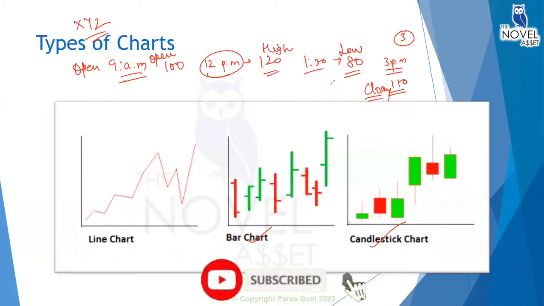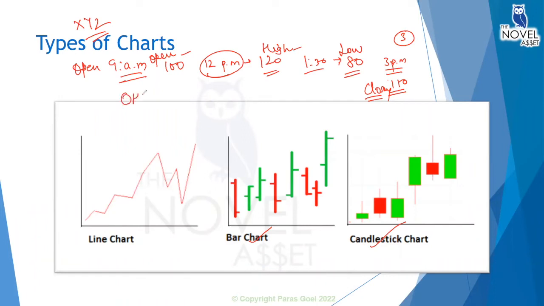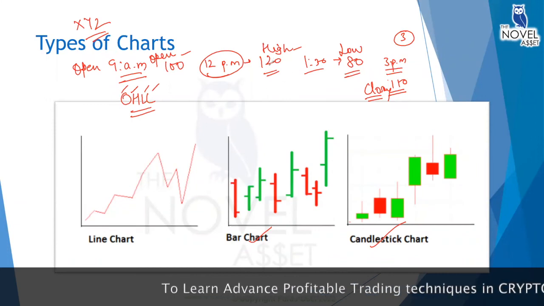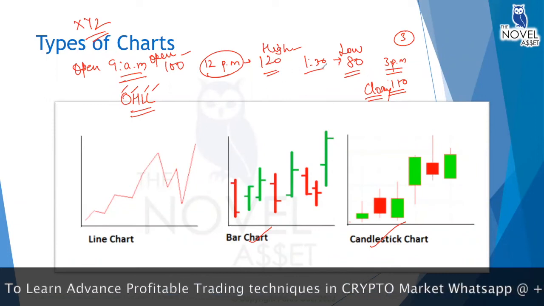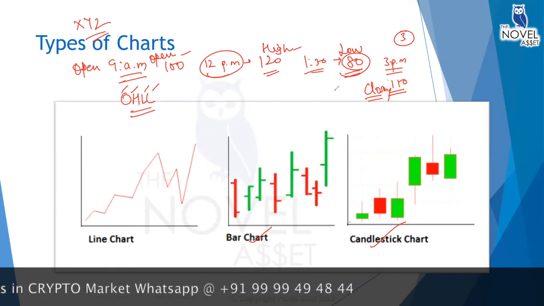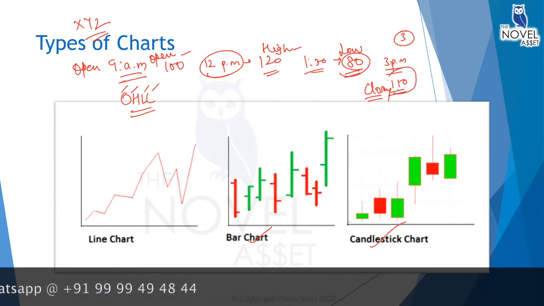I write it down over here. Are you able to understand this thing? Open, high, low, close. And this is also known as the OHLC concept. The open, high, low, close. Okay. So at 9 a.m., the open price was at 100. It started increasing and made a high of 120. Once the price reached 120, it started going down, and around 130, it went to a low of 80 rupees. From 130, the price started increasing and closed at 110.